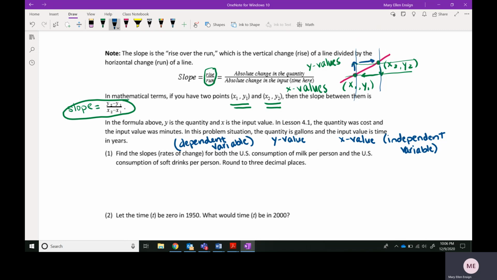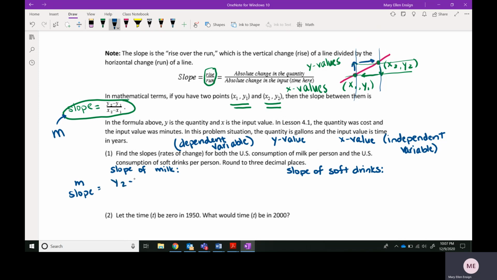Okay, so find the slopes or rate of change for both the U.S. consumption of milk per person and the U.S. consumption of soft drinks per person. So there are two different things we have to do here, okay? We first have to find the slope of milk. That's one thing. And then, separate question, we're going to find the slope of the soft drink consumption. Okay, so just kind of set this up here. For each one of them, slope, and sometimes we call slope M. I don't honestly know why we use M to stand for that, but if you would like to, you can. So M or slope, either one,